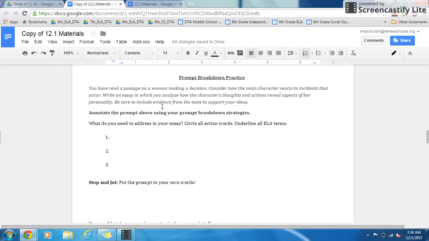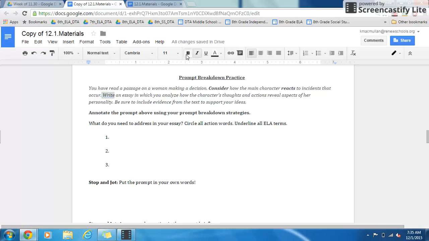Be sure to include evidence from the text to support your ideas. So, annotating our prompt, we need to circle our action words and underline our ELA terms. I'm going to bold my action words. Things like consider,